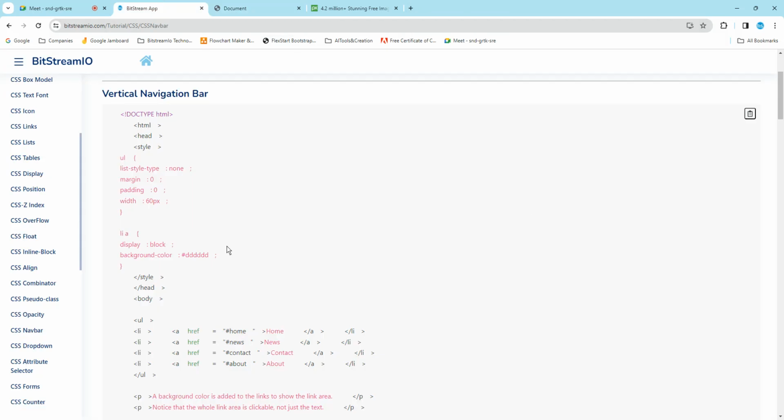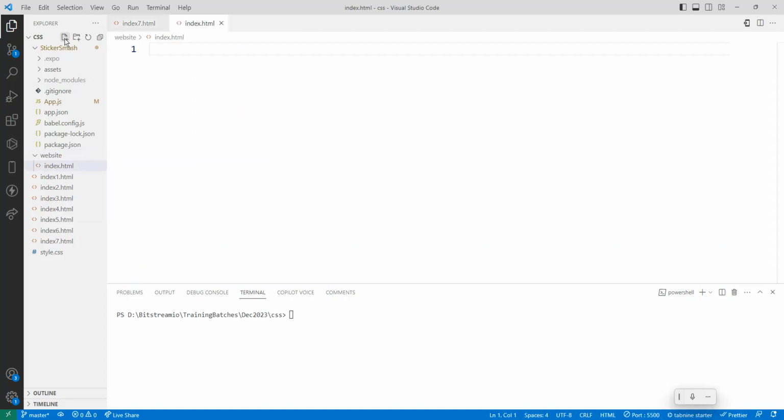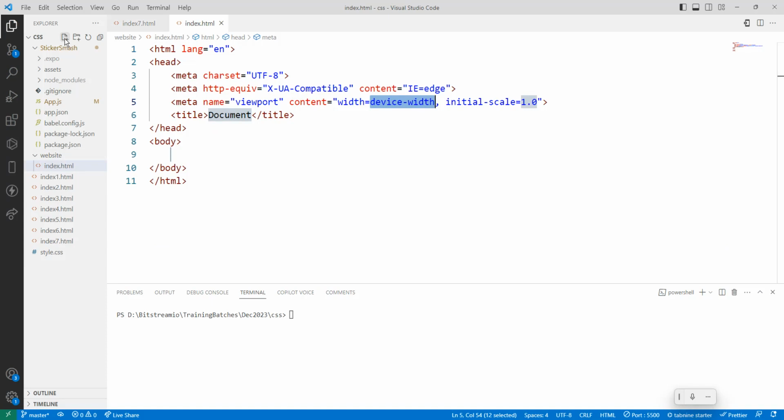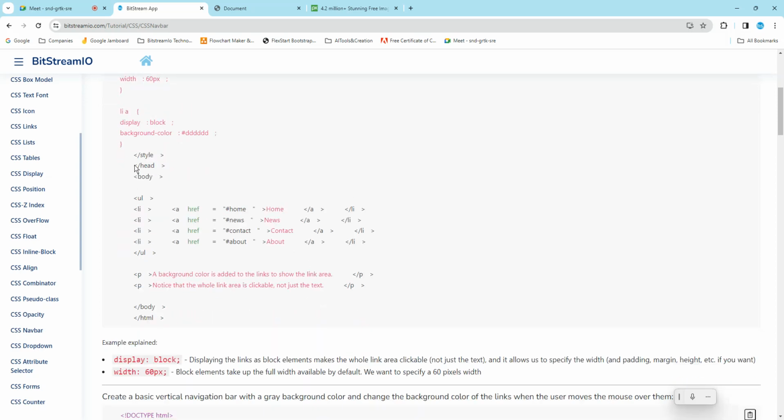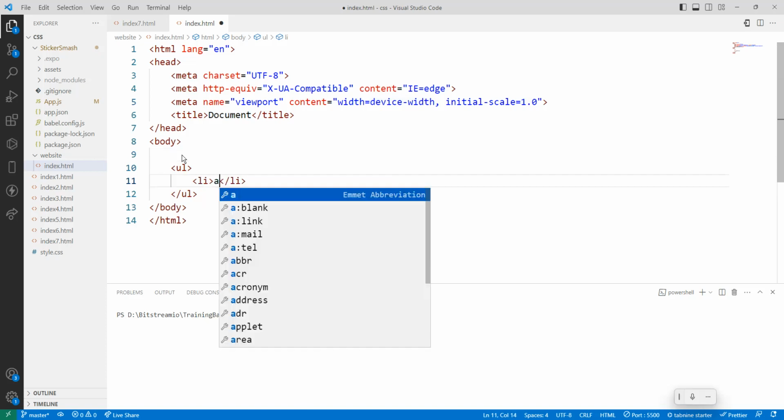Okay, the first one is what? You first will create one navigation bar. Let's say I will create one folder here, website, and inside the website I will take an index.html and a document. Save it. I have four elements. What is this one? Home, news, contact, about. So I want to define one UL tag, then li tag, inside an anchor tag,